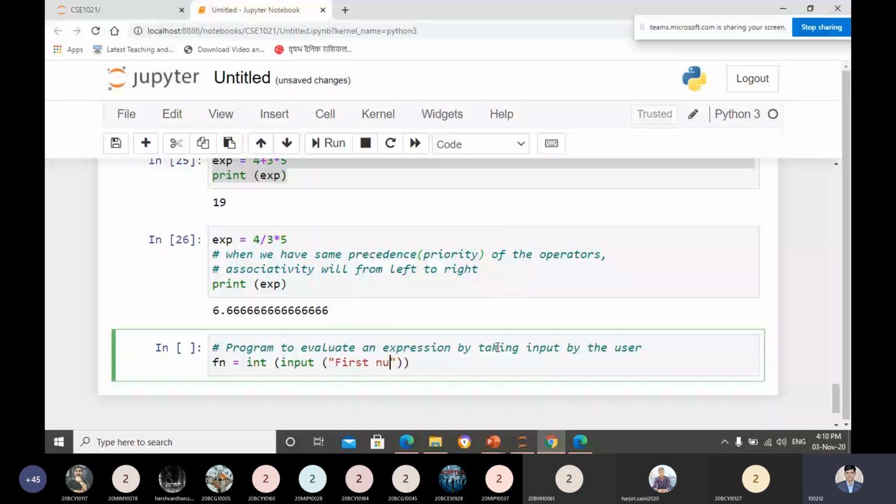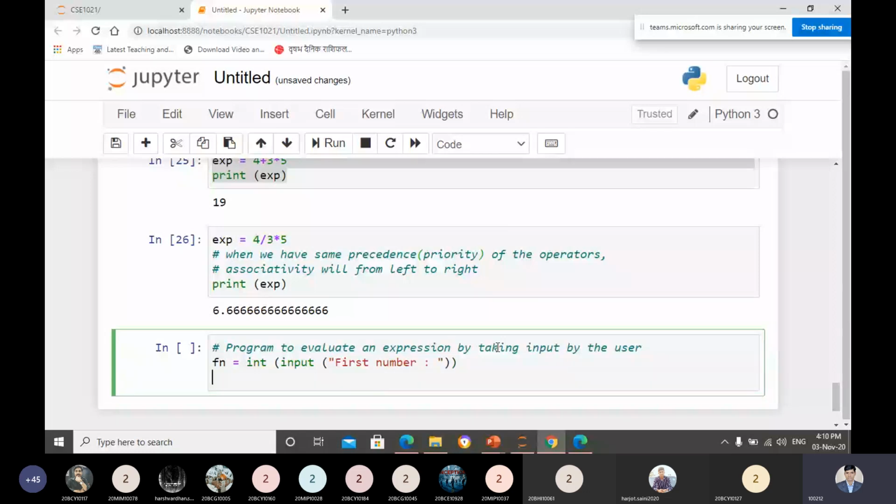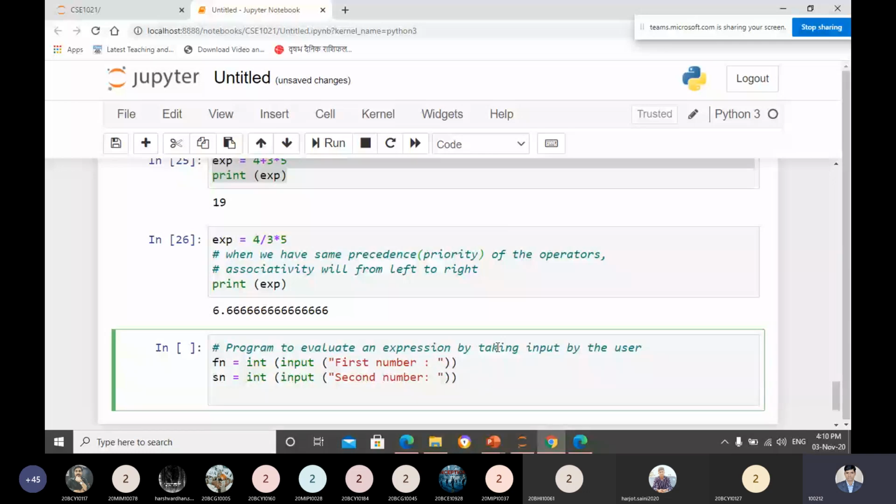Okay, there is no issue. Now sn, that is my second number. I can take it as an input. So I input the second number. So this is the input I'm taking. So what I need to get is something to happen over here. So expression exp will be fn plus sn